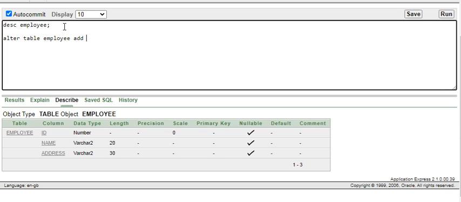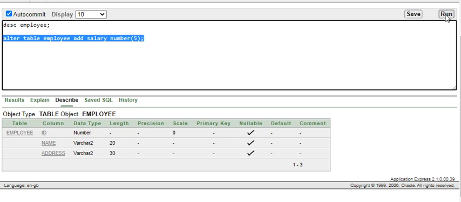I am taking salary as the column name, and the corresponding data type I am taking number, with a size of 5. So: alter table employee add column name and its data type.